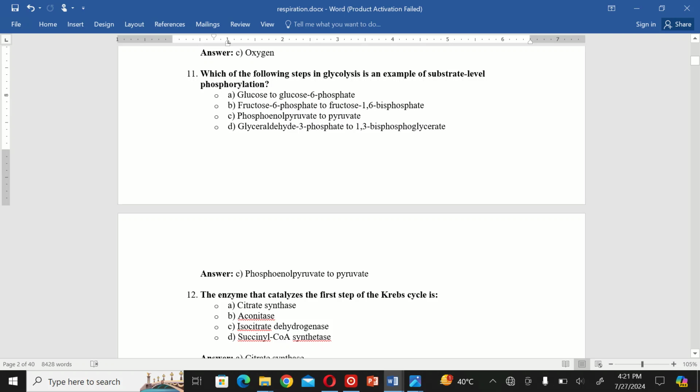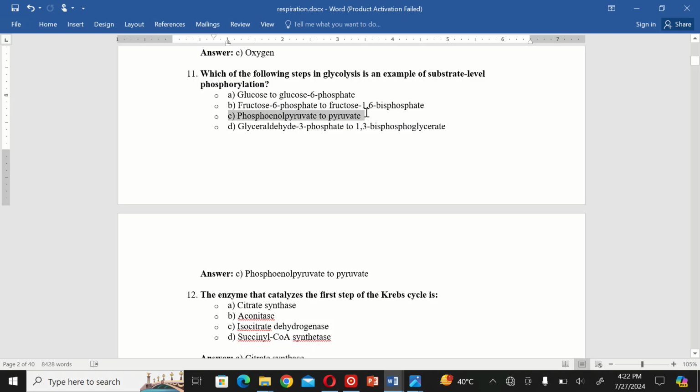The next MCQ is: which of the following steps in glycolysis is an example of substrate level phosphorylation? A. Glucose to glucose 6-phosphate, B. Fructose 6-phosphate to fructose 1,6-bisphosphate, C. Phosphoenolpyruvate to pyruvate, and D. Glyceraldehyde 3-phosphate to 1,3-bisphosphoglycerate. So the correct option is